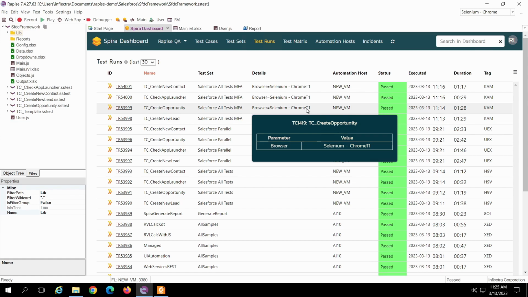Before running those tests on a machine that requires a verification code for Salesforce, we need to run at least one test case with this profile on this machine, enter the verification code, and authorize this browser user profile to log into Salesforce. Next time when we are running our automated tests in unattended mode, we won't be prompted